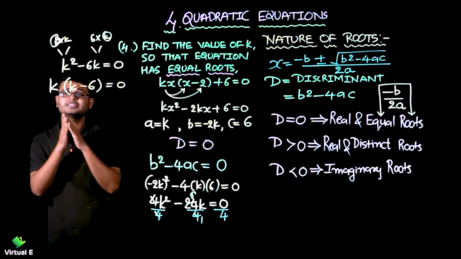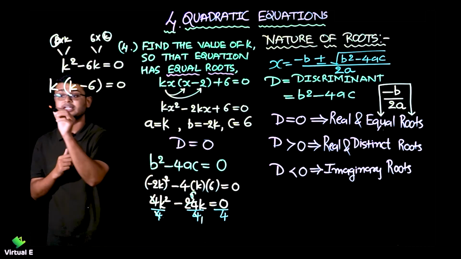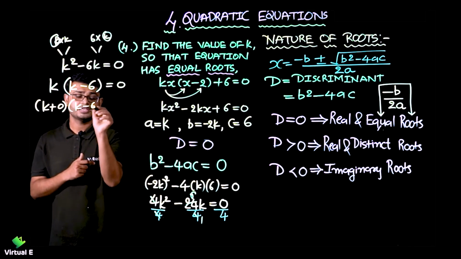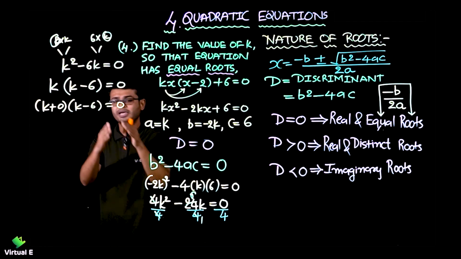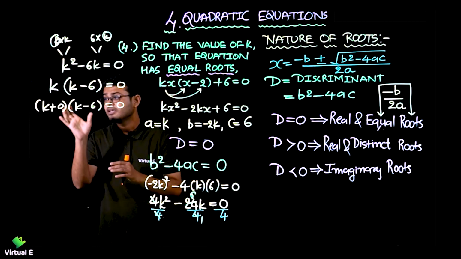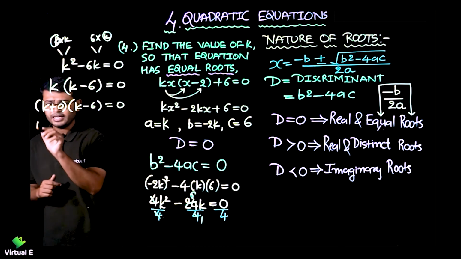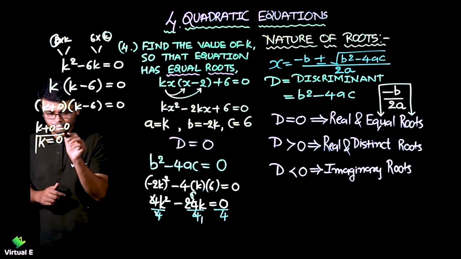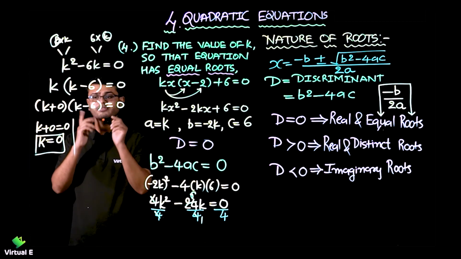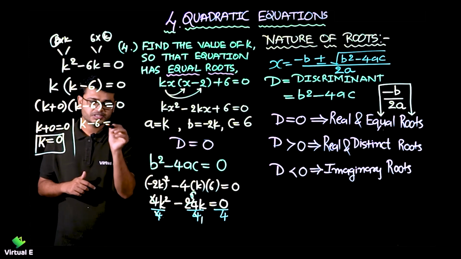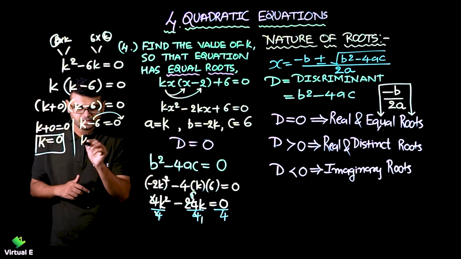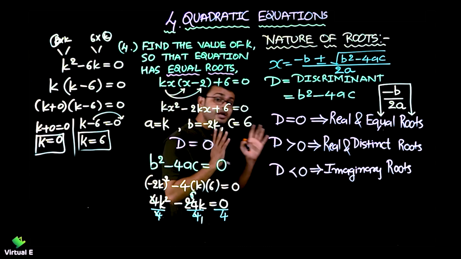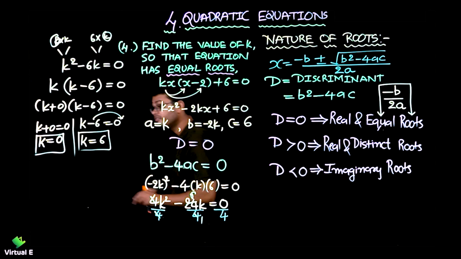Now you must be thinking that k is there, so how to write it? You can write for understanding k minus 0 or plus 0, and k minus 6, and you need to take each term as 0 and get the value of k. So if I take k plus 0 is equal to 0, what is the value of k? Which is 0, right? Or what is the other value of k? If I take k minus 6 is equal to 0, 6 I will be shifting, so k is equal to 6. What is the value of k? 6. Now you must be thinking there are two values of k. How to deal with it, right? Which is the correct value?